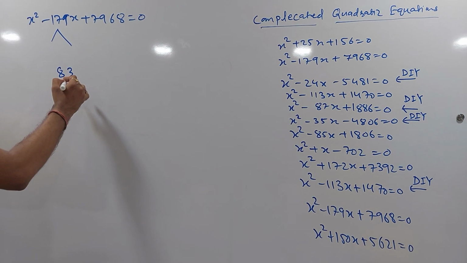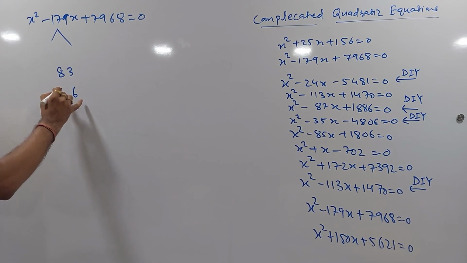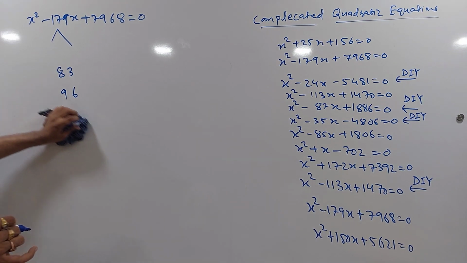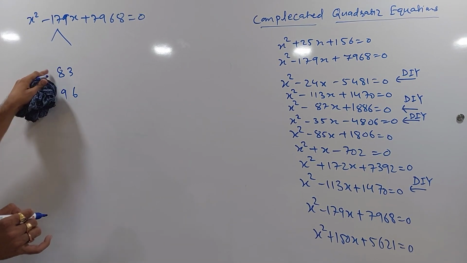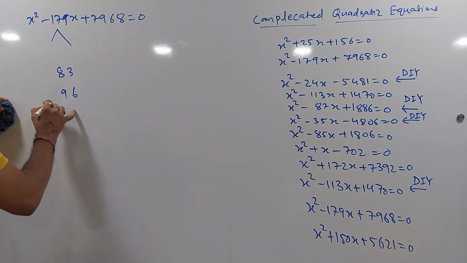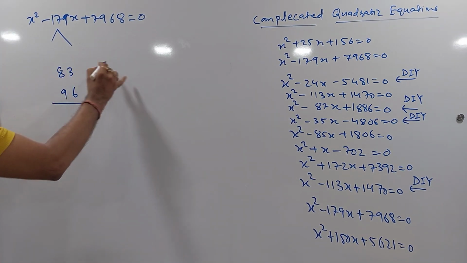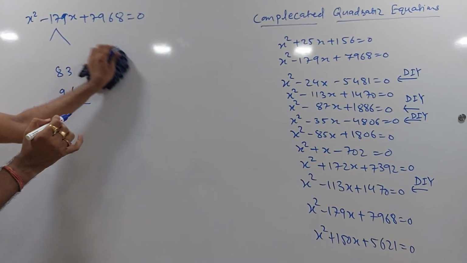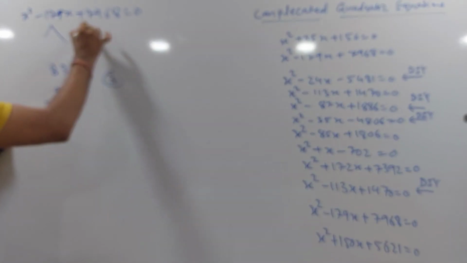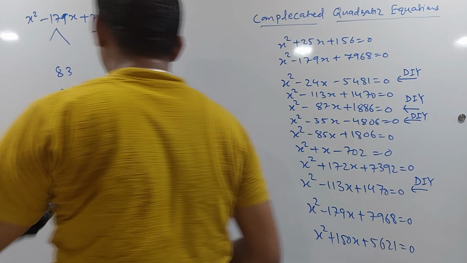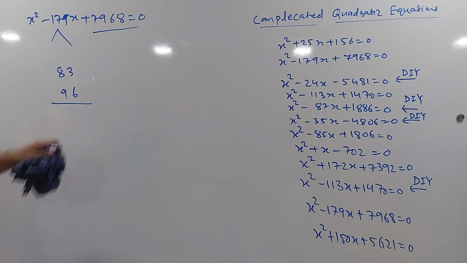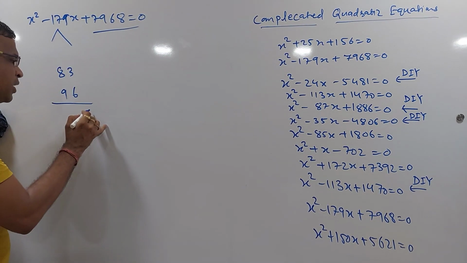So can I have something like 96 and 83? Because again, see, the sum is coming to be 179. Let me check out the product. Its digital sum is 6 and 3 is coming; the digital sum here is again 3. So that's it. If you have some Vedic method, you can multiply it and check. It should be 7968. Let me just try it quickly.